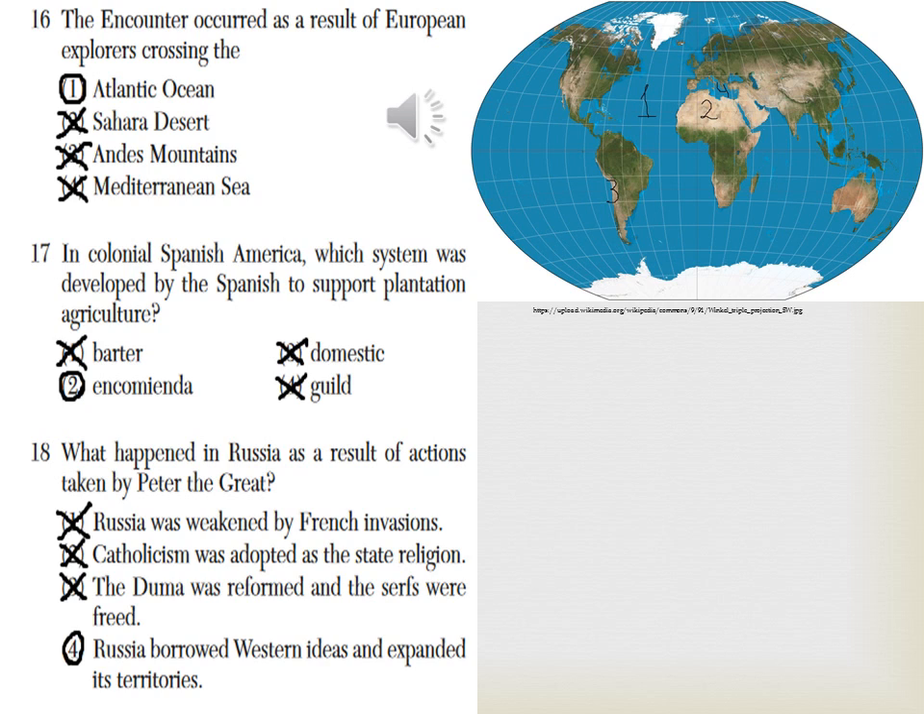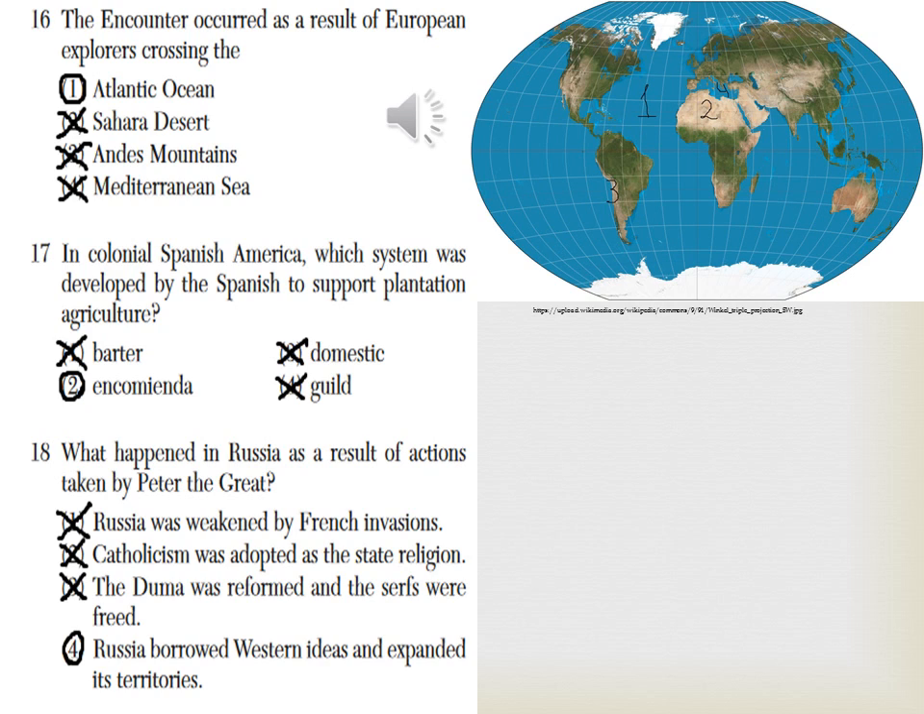So question number 17. In colonial Spanish America, which system was developed by the Spanish to support the plantation agriculture? Alright, so is it 1, barter? Is it 2, encomienda? Is it 3, domestic? Or is it 4, guild? Very easy question. It's 2, encomienda. What is encomienda? It's basically a system of slavery